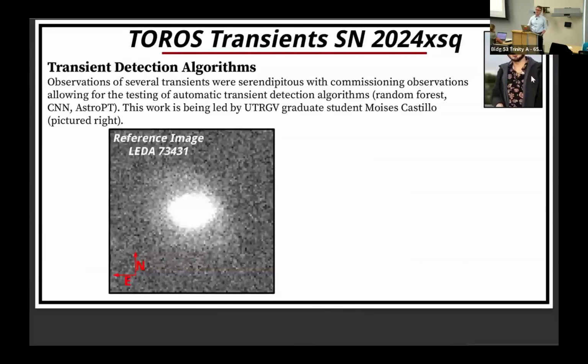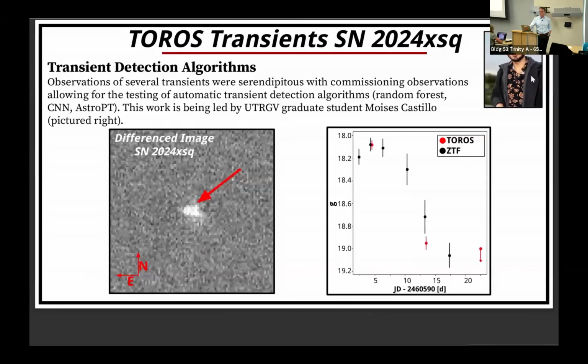We are not anticipating initially doing searches for transients because we want to try to do specific targeted follow-up of various objects. But we do have a graduate student who's working on trying to get our automatic transient detections working. And so far, it seems to be working for things like supernovae, and we're also recovering variabilities that we would expect that are very similar to other